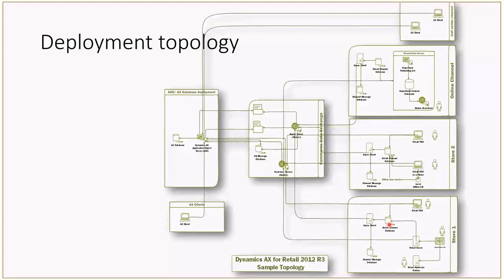So to install a retail channel database, much simpler than before, you simply select the component for installation and you specify the database server and instance along with the desired name of the database that you wish to install, and the installer will go ahead and install the channel database for you, so that when you install other components that